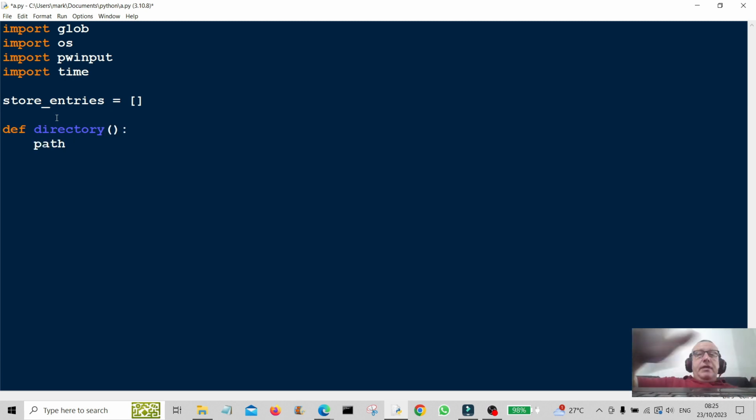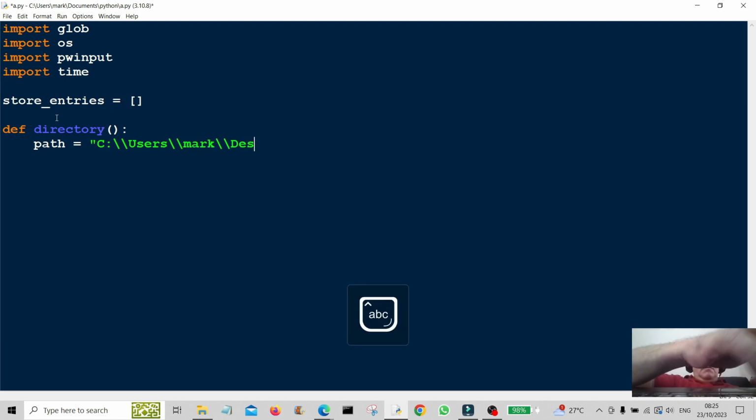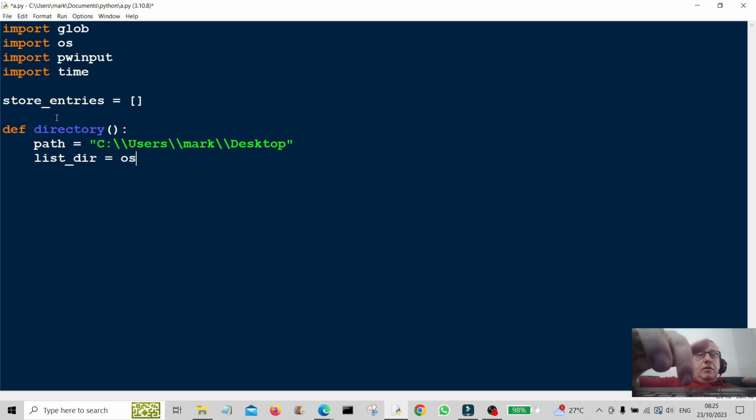And we're going to create the path, which is going to be my desktop. Desktop there. And we're going to use the list directory. We create a variable here, which is equal to os.listdir. That's going to be the path. We want all these entries here,